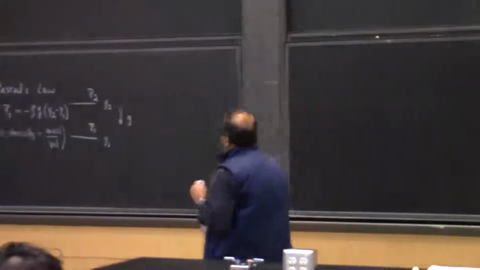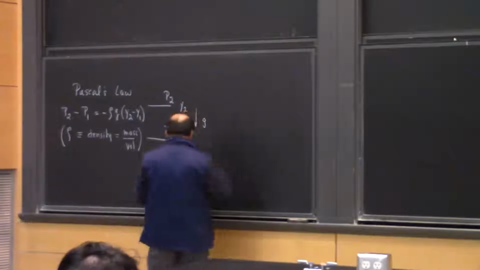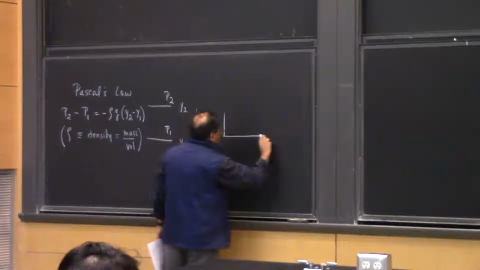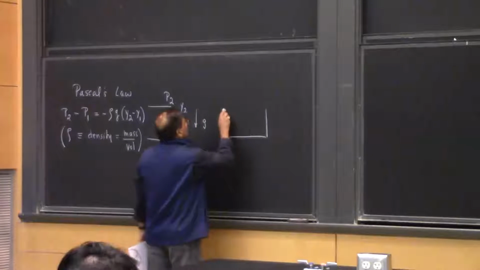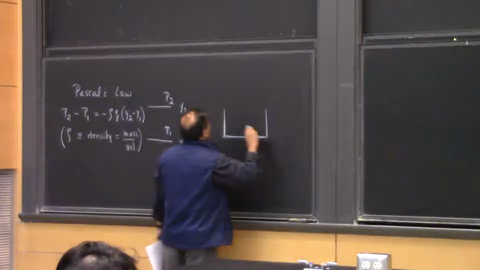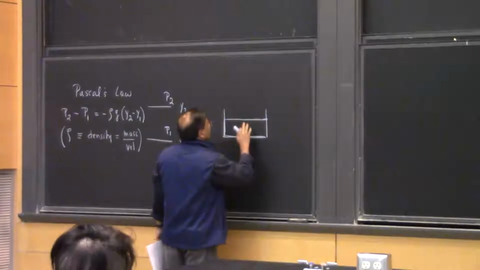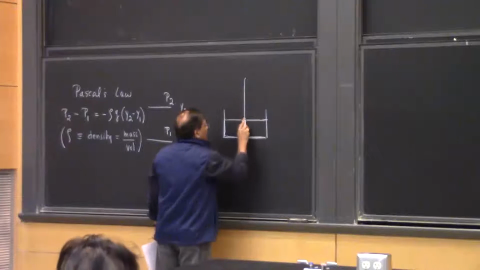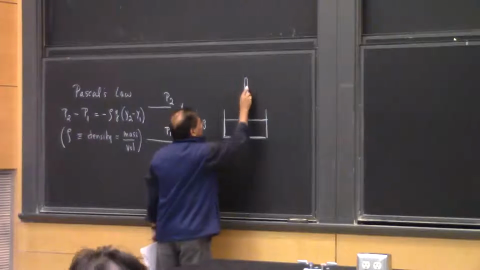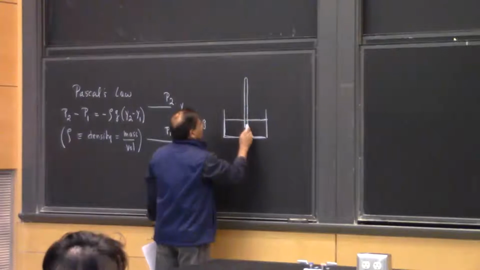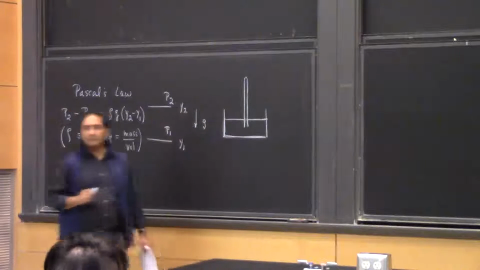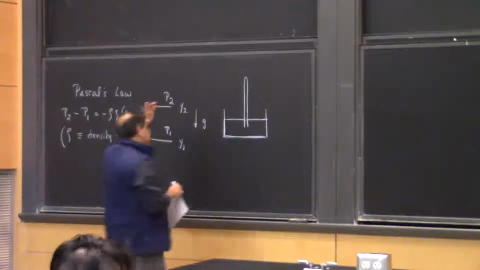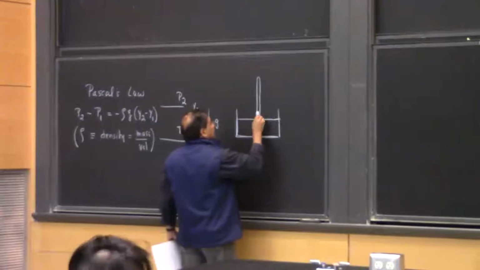So let me quickly go over the barometer one more time, because the barometer is not exactly super simple. The idea here is that you have a container. In this container you have a liquid, and then you insert a long tube, and the tube goes into the liquid. Basically the liquid will rise in the tube